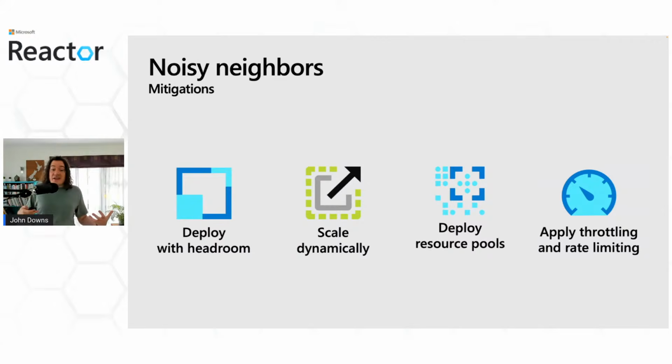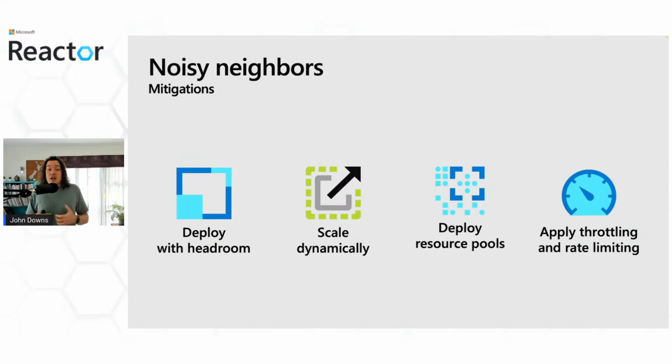So the noisy neighbor problem is an inherent risk in multi-tenant systems, but there are several different ways that we can look at mitigating it. So for example, we can deploy sufficient headroom in our performance to make it unlikely that it will happen. We can also model our tenants' access patterns and ensure that we allocate sufficient resources in anticipation of these kinds of problems. So if we know, for example, that most of our tenants use the system during the business day and not at night, we can use autoscale or other solutions to plan for the capacity that we need for those different periods of time.